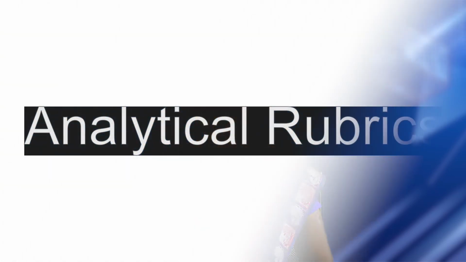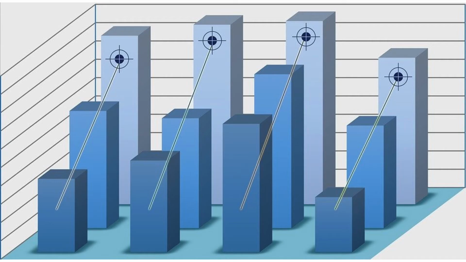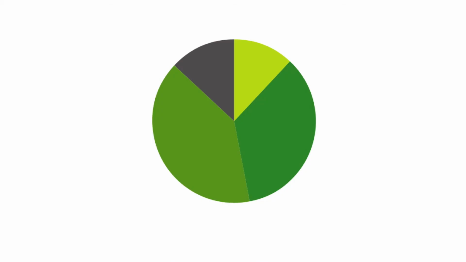The second type is analytic rubrics. An analytic rubric specifies various dimensions or components of the product or process that are evaluated separately. The same rating scale labels may be used as the holistic, but it is applied to various key dimensions or aspects separately rather than an integrated judgment.